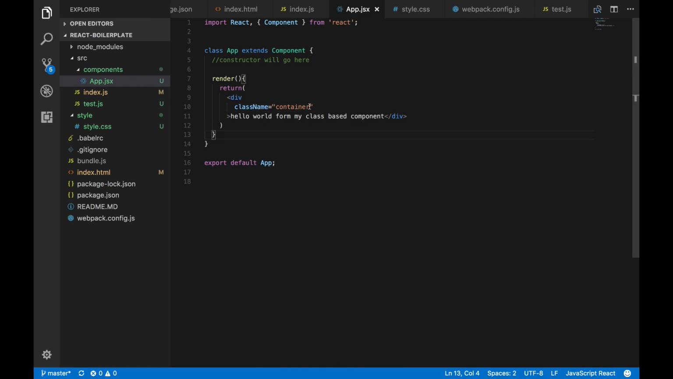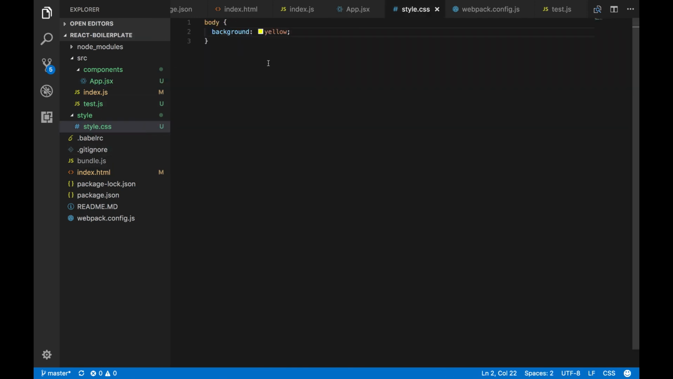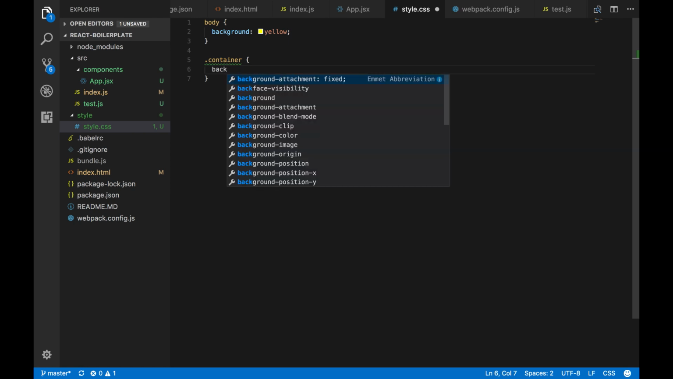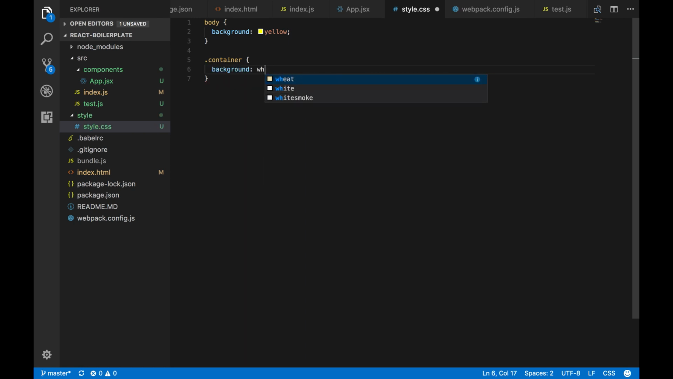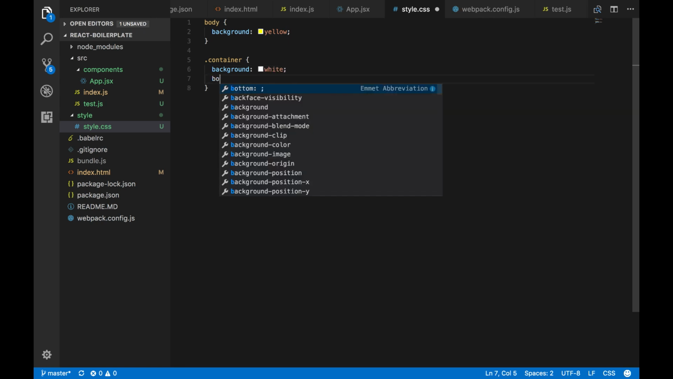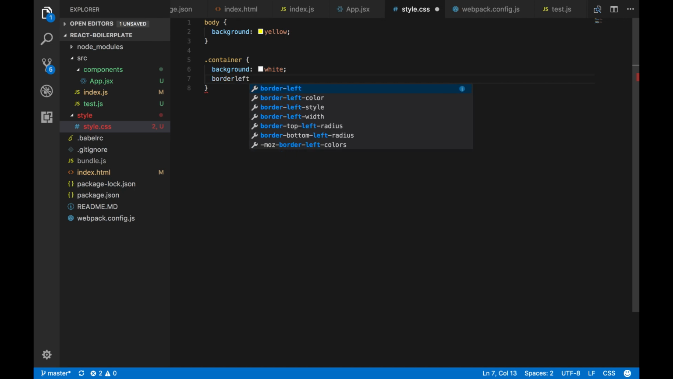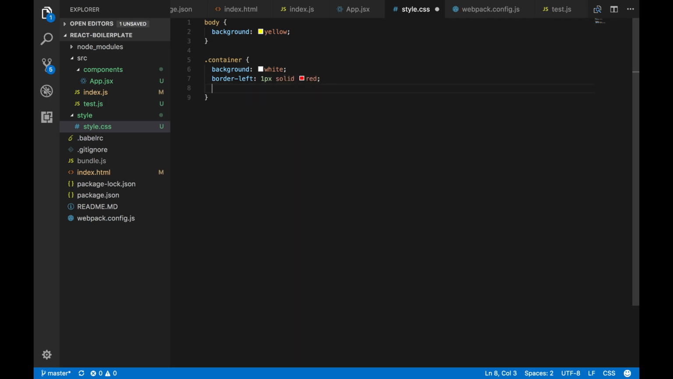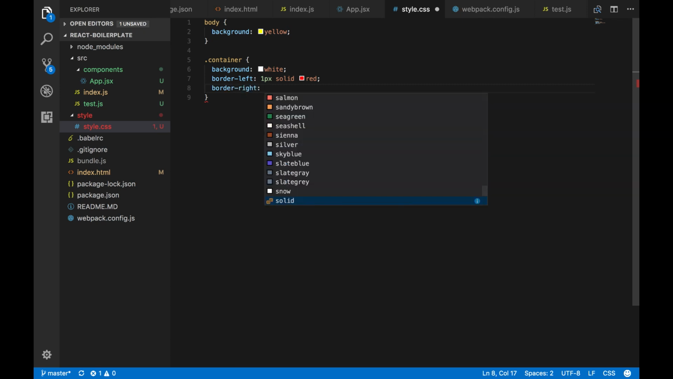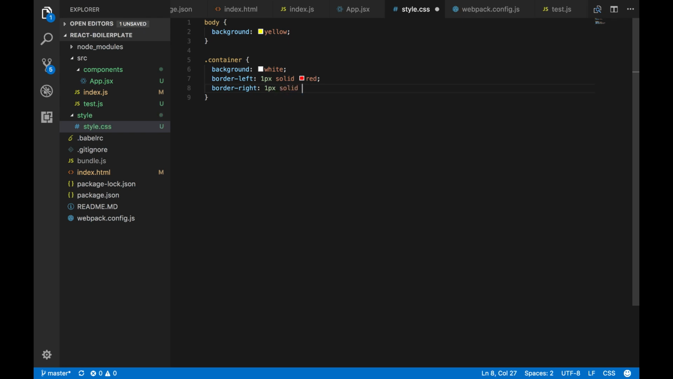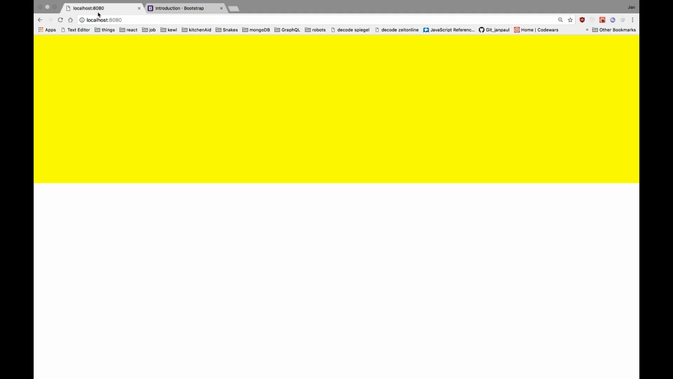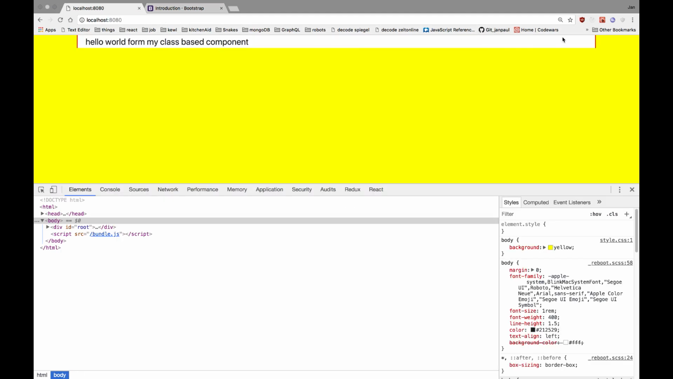You know what I could do now to separate these things more is I could go to my style.css, use the class name container, and tell it to be the background white, you know, on the CSS, and I want to make a border left 1 pixel, solid red, for example, and a border right. I know we can shorthand this for border, but sometimes for readability I think it's better to encapsulate this. So if we go back here, yeah, we can see now that we are in this container,